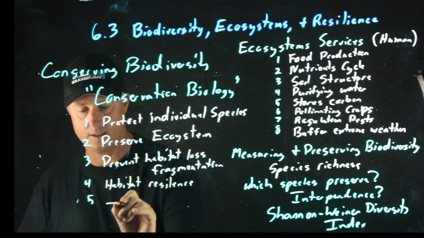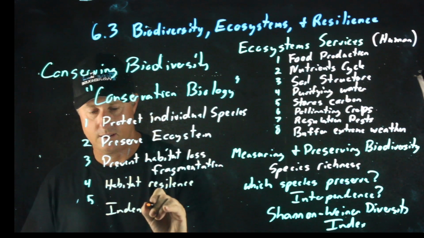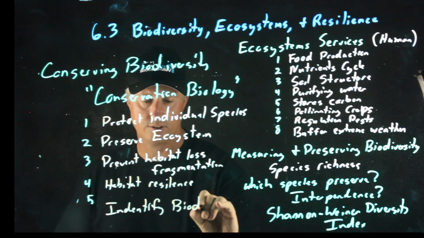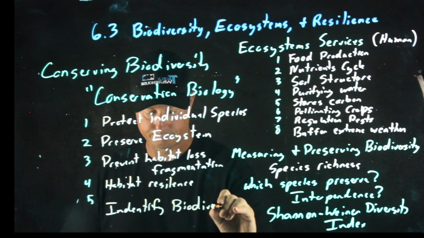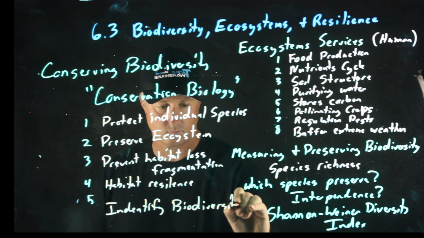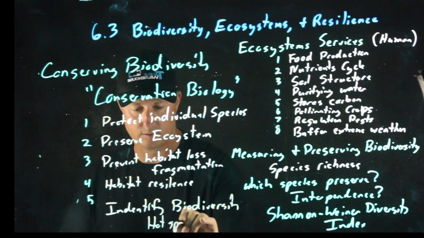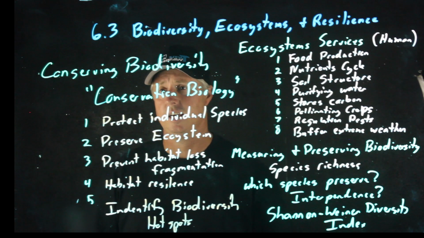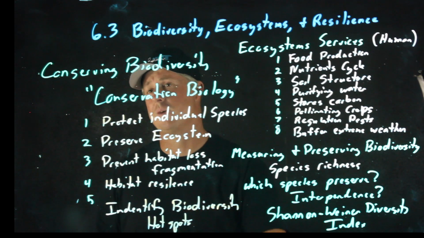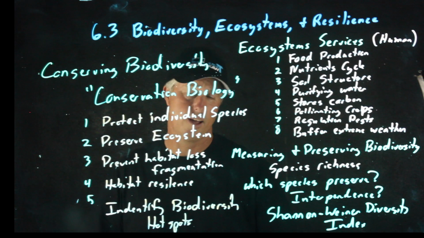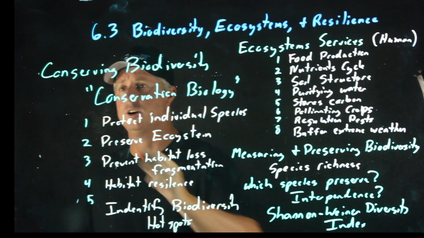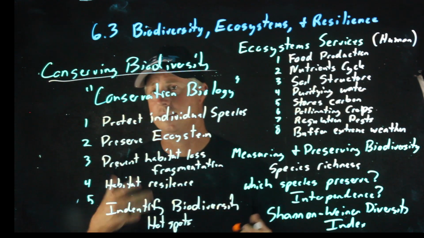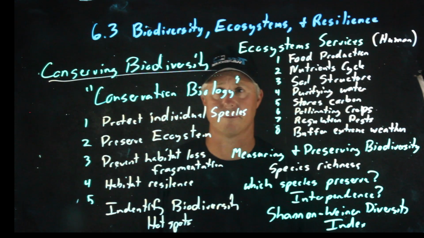And identifying where in the world do we have biodiversity hotspots? Where are locations that are more important than others because diversity is key and can sustain it? Most people go rainforest right away, but there's others around the world that we need to kind of identify and locate to understand, to help conserve and figure out how to manage biodiversity. We're going to be looking at each of these 5 in a little bit more detail, but that's at least a good start. Good luck.